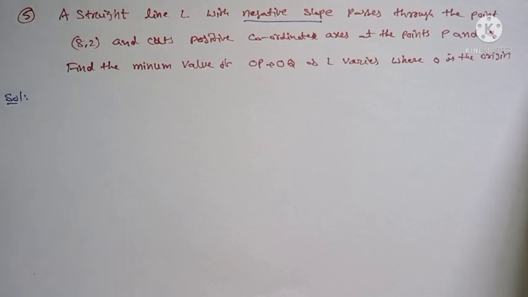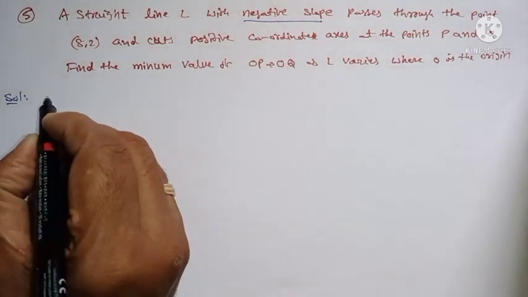How can you find this in application of derivative? You are discussing the minimum value. If f of x is given, then you find f dash of x, and f double dash of x is greater than 0 or less than 0. What is the f of m value? Okay, I will explain.